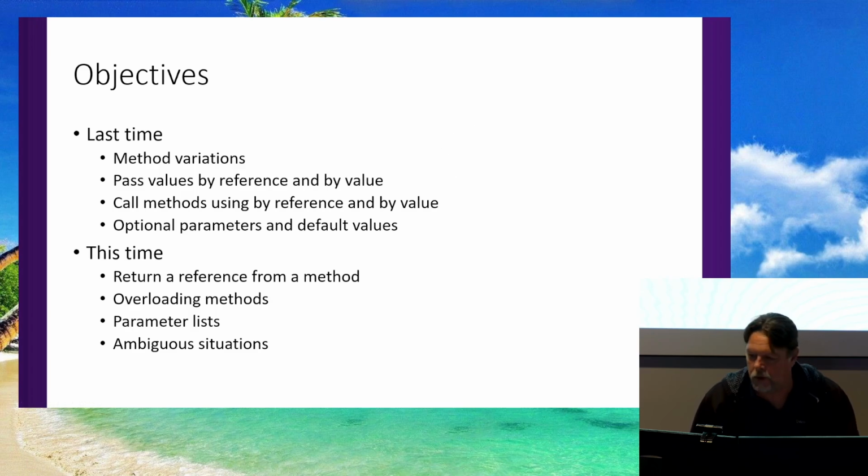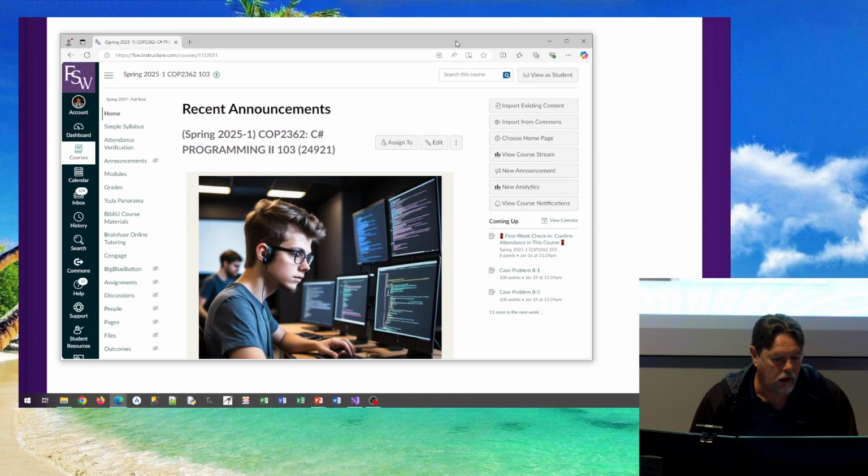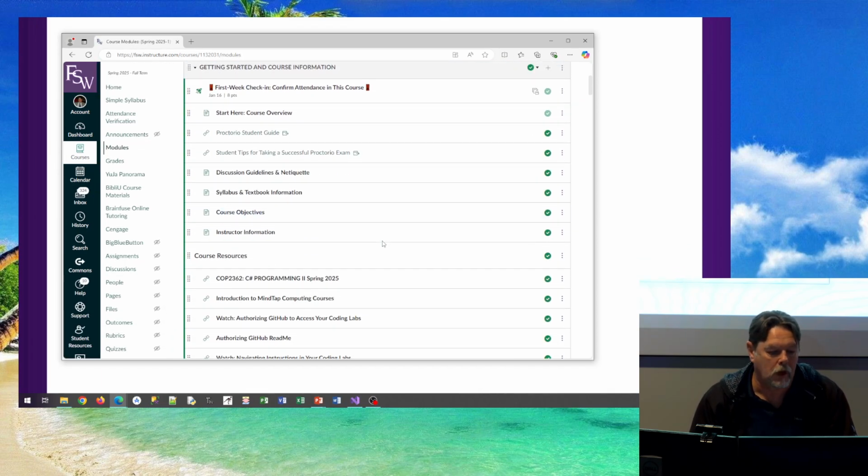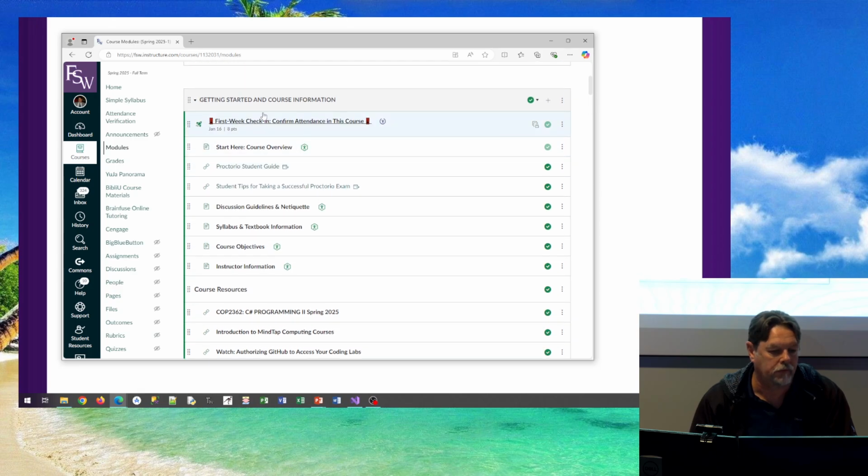Okay, I'll leave that there for a moment. Just coming in here and looking in Canvas really quick, going to modules. There's, at the beginning of the first module, the first week check-in,